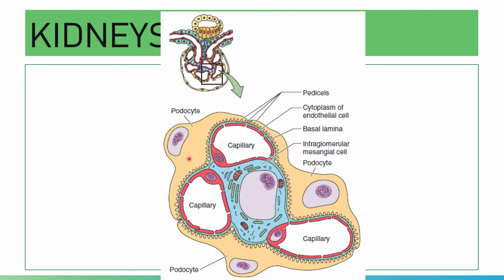Okay, let's take a look. You have here the lumen of the capillary. You have here your fenestrated endothelium, and then you have your glomerular basement membrane, the GBM, the blue-green colored one here. And then you have here your pedicels. Here, of course, you have the podocytes, and this one is the nucleus of the podocyte. Okay, that is for your podocytes.